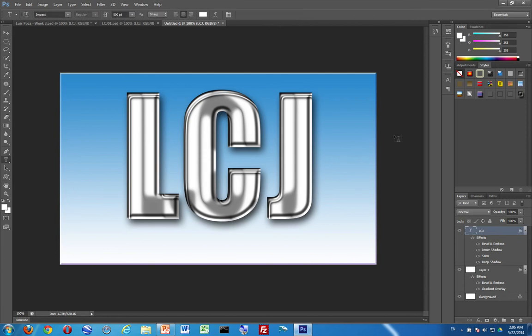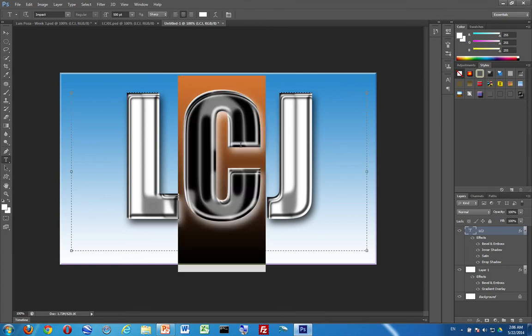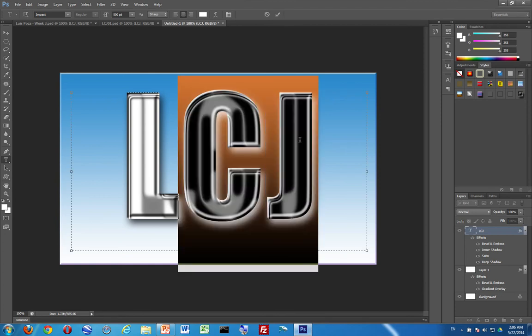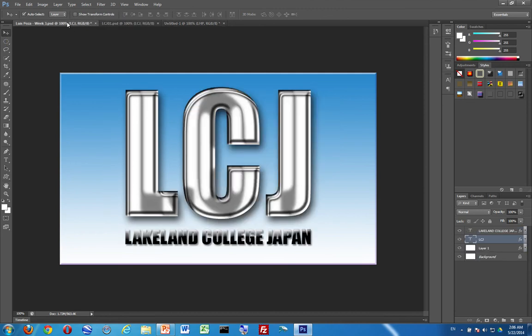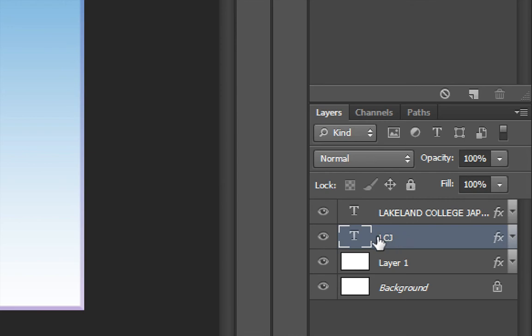By the way, after you've styled the text, you can still edit it. You can, for example, say my initials are LHP. Whenever you type, it'll come out in that new style. So this is how you create styles and text in Adobe Photoshop. So you might want to fool around with it some. For example, let's say we have the LCJ